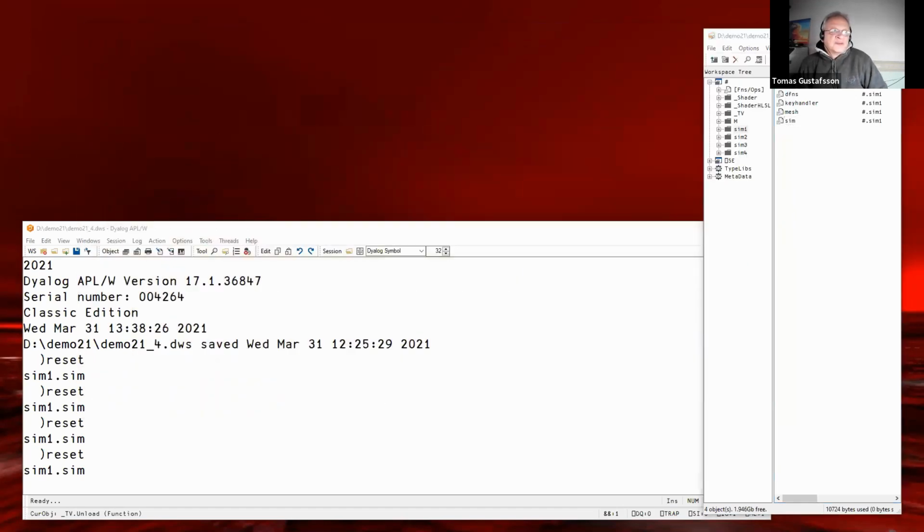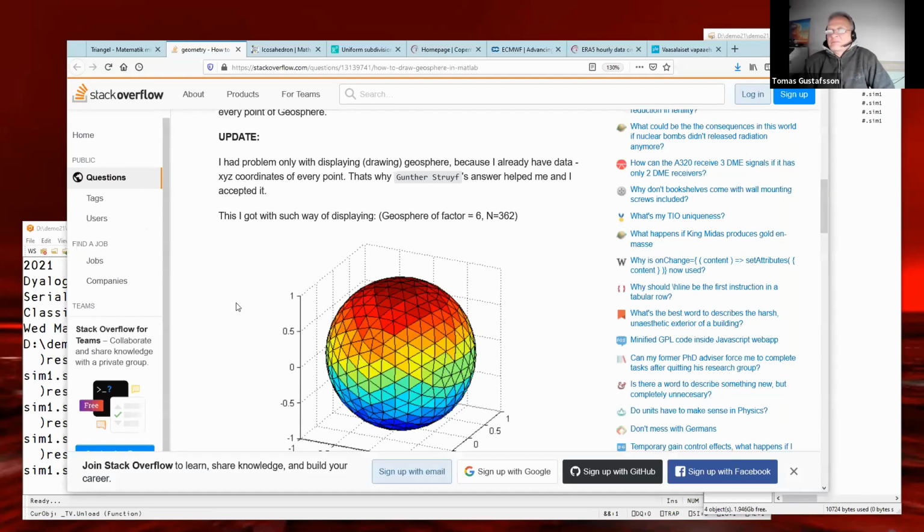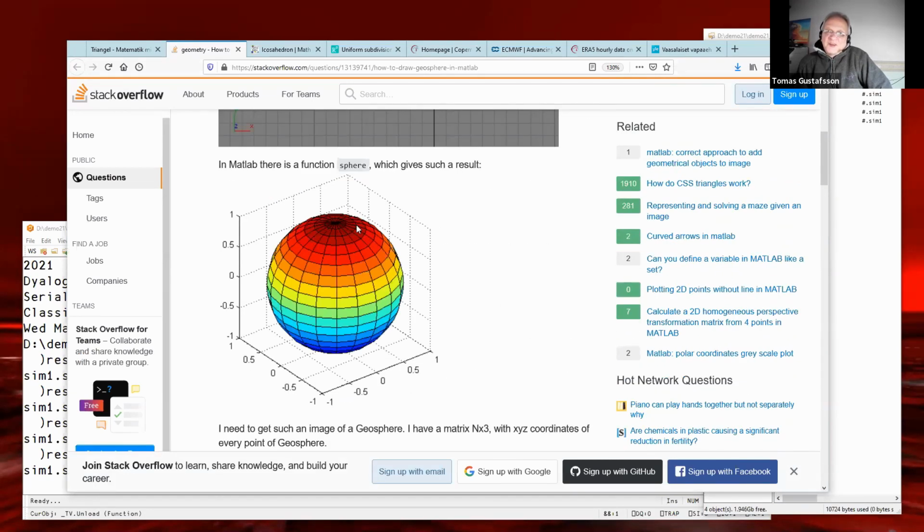Now, this was pretty simple. What I actually wanted to do was something like this, just for a case. This is a so-called Geosphere. It's a funny object. This is the simple way to make a sphere, but the problem is it's not homogeneous, and these square rectangles would consist of two triangles, so it's dumb. It's not optimized.